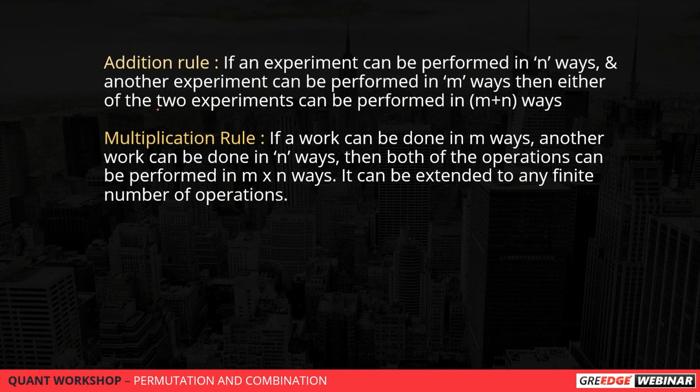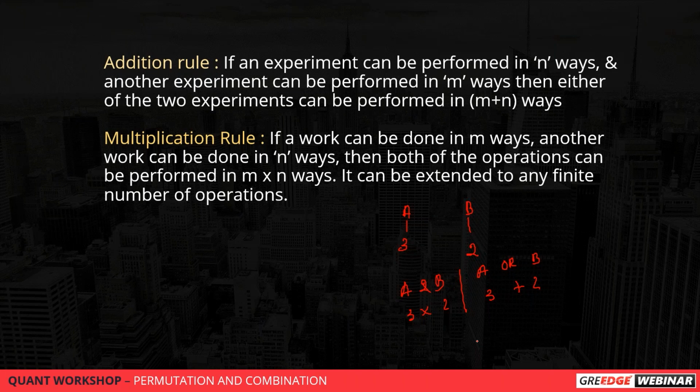So if we have two events, event A and event B, where A can happen in 3 ways and B can happen in 2 ways. Now the question is asking you to combine these 2 events, with the help of a conjunction. How many ways can A and B happen together? If the keyword is and, A and B, then we have to multiply the possibilities. But if the keyword is either A or B going to happen, in that case, we have to add the possibilities.